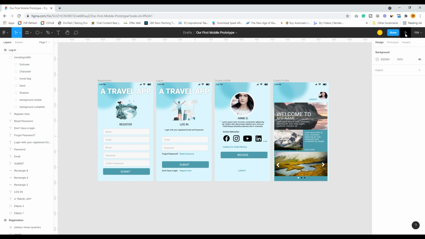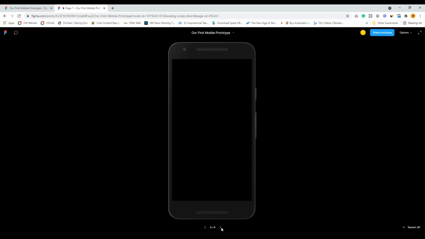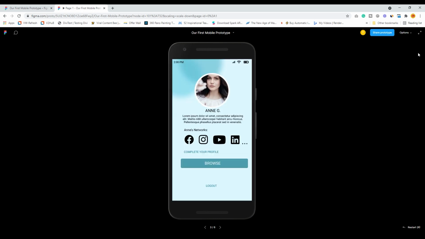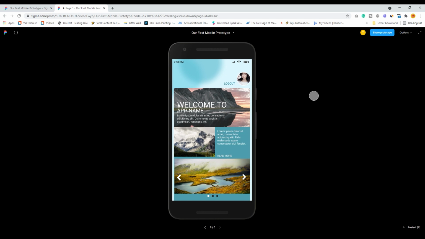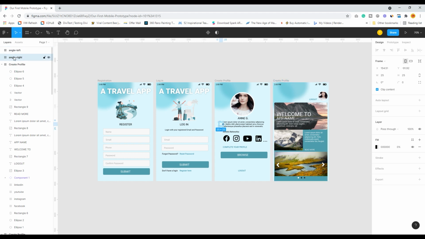So let's jump into prototyping. See, currently your layout is shown in the app and it has given you 1 of 6, so you can just go and see the slideshow one by one. Great. Why is there this gap, that is, the 4 and 5 screens are having a gap? Let us see what has happened. If you see over here, there are a lot of blank frames that have been created because of these back and next arrows. So I will just go over there.